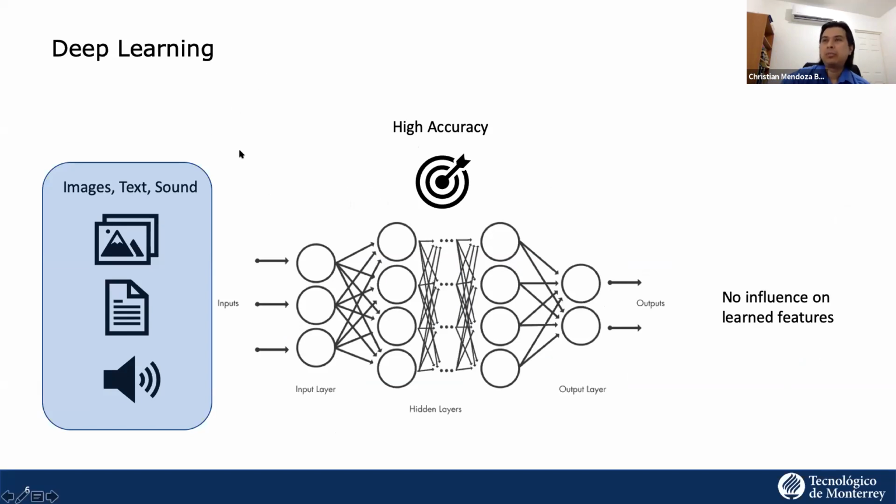And I mentioned before that the basic construct of deep learning is something called a neural network. This is the general way to depict a neural network. Imagine that a neural network has some resemblance to a human brain.